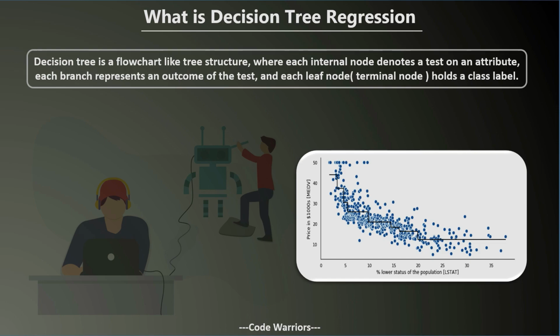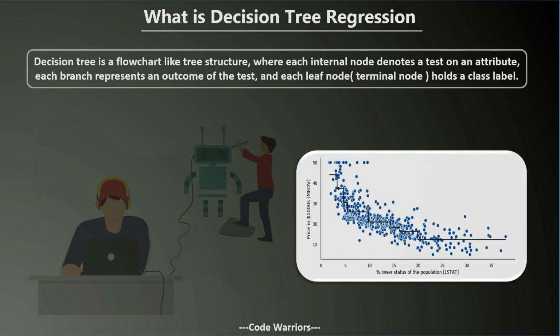Now here the internal node will act like a test case. Suppose there is a value x which is going from the root node to these internal test cases, and if x satisfies any of the test cases, then it reaches another test case, and there are several internal test cases until the outcome reaches a leaf node which holds a class label and the prediction is made. So when we move further, you will get a clear understanding of this definition.